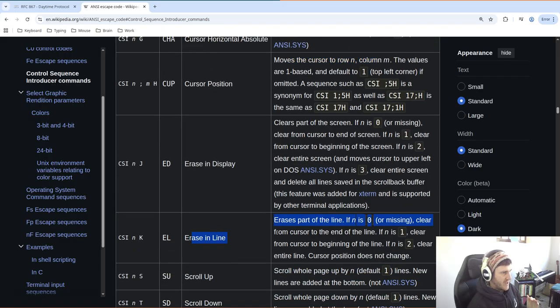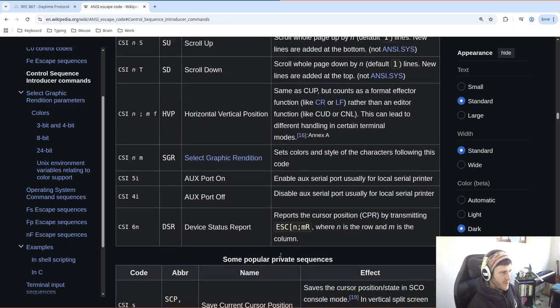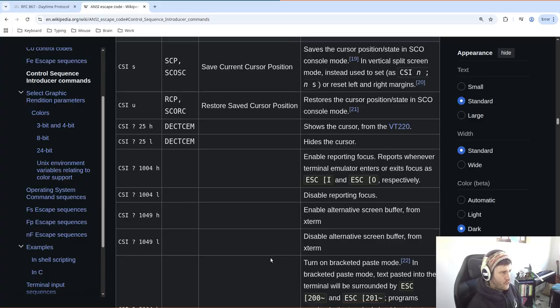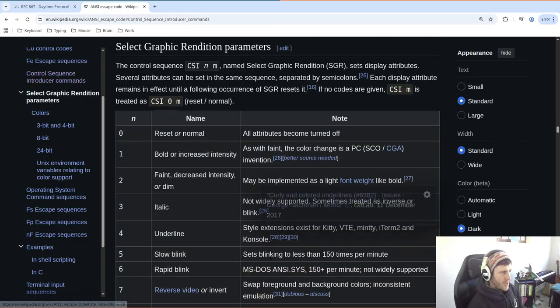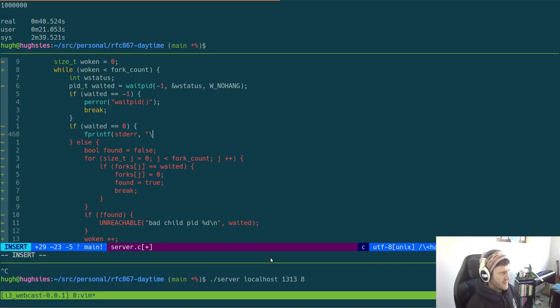Well, this might be it. So array is part of the line. So clear cursor between the line from beginning. No, I kind of want to move the cursor as well. How do we do this? I guess maybe even a carriage return does something. So if we did something like this,